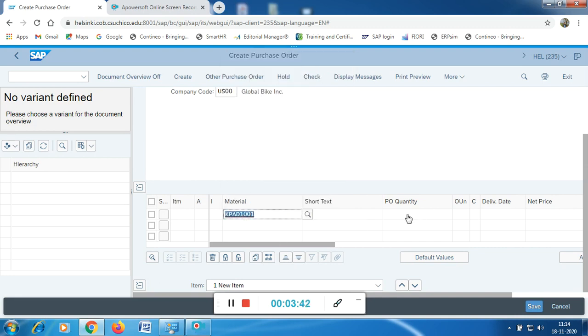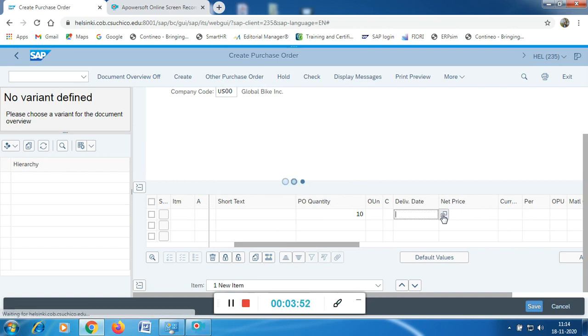Take this particular material, and take the PO quantity. I'll take 10 quantities. Again scroll towards the right side and take the delivery date. I'll take today's date. It is taking some time to load, so just hang on.